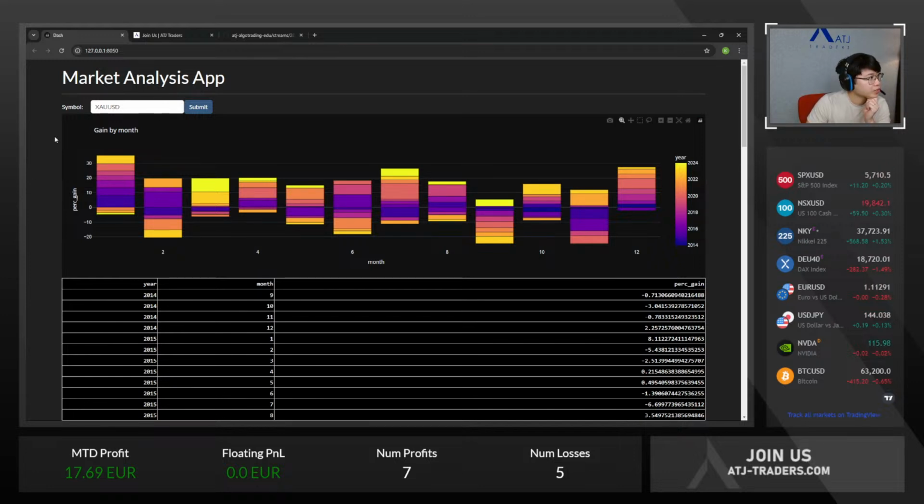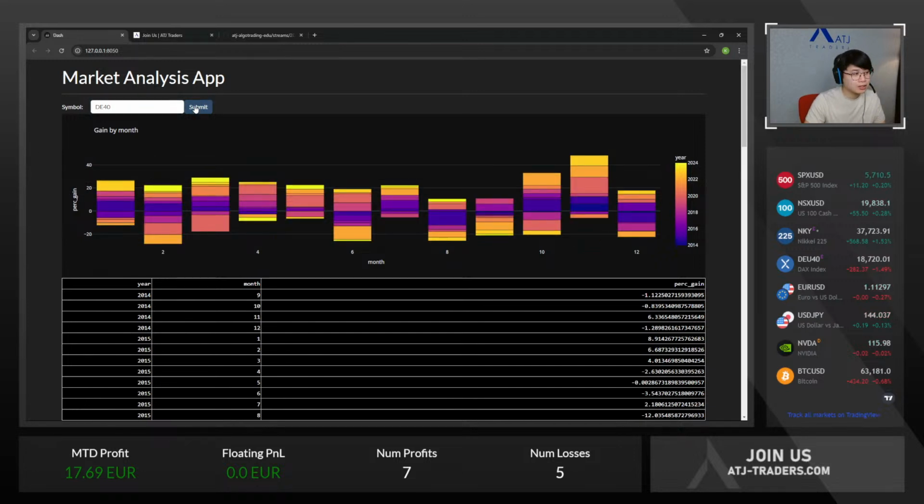Okay, so this is our market analysis app on XUSD. And what other things do we have? Maybe the German stock index, right? So stock indices are very correlated, by the way. So investing in the US or the EU or Japan have some form of correlation, but still there are